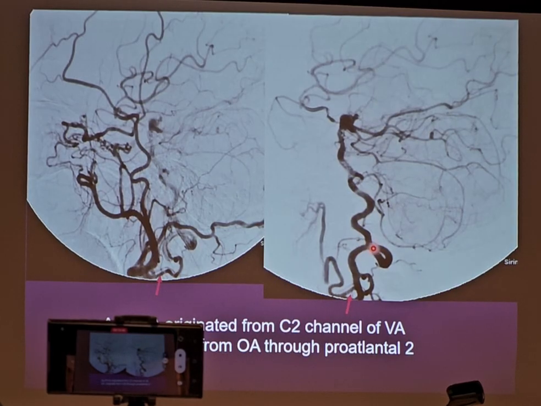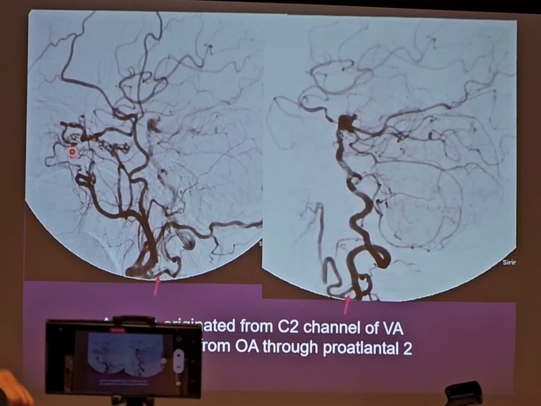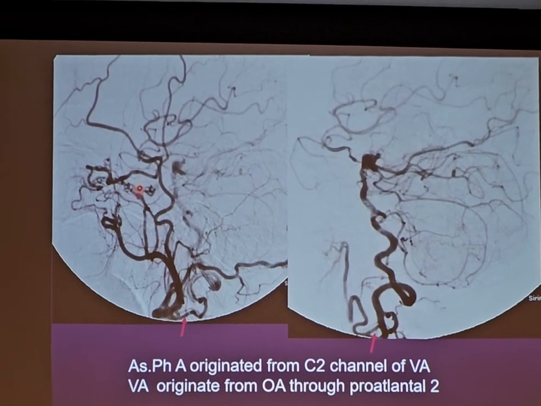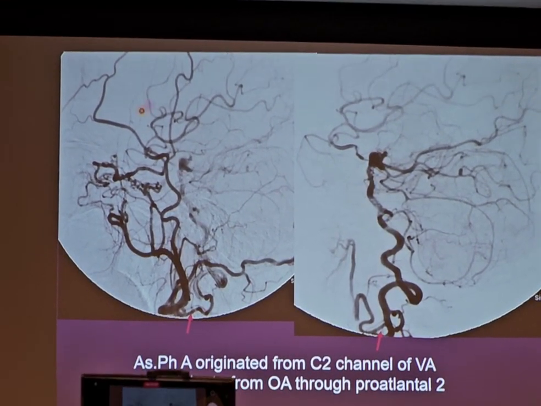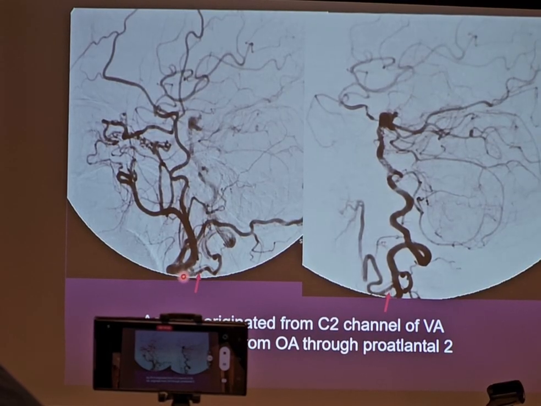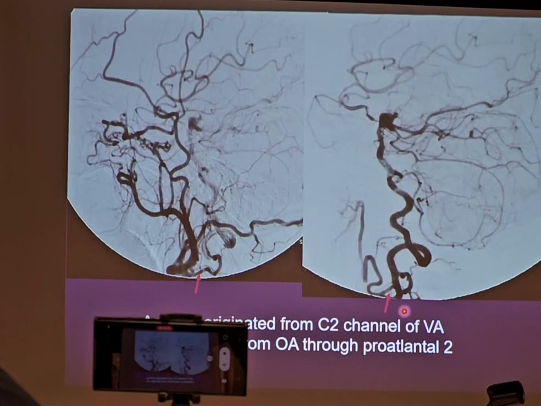Another example that we inject, this picture is to inject the so-called external carotid artery. And the latter one is injecting the vertebral artery in the same patient. You know that there is a lot of variation here in the front to see around what is described for the system that contributes into the internal carotid branch. But you will see that at the C2 segment, you have this artery filling up the vertebral artery. Same in the vertebral artery